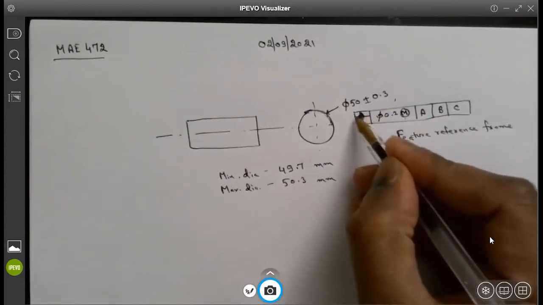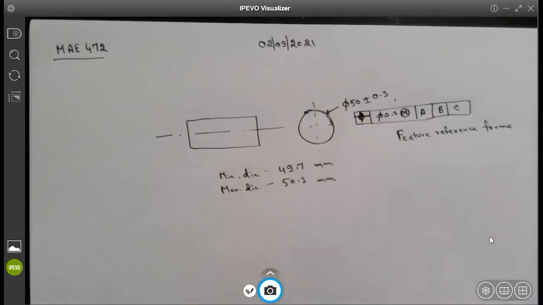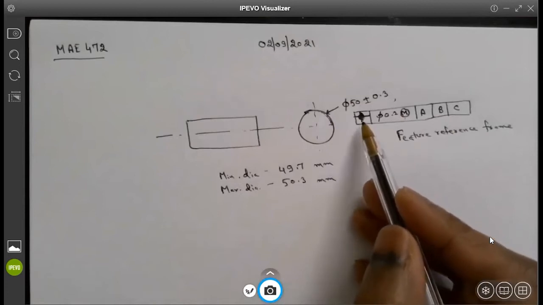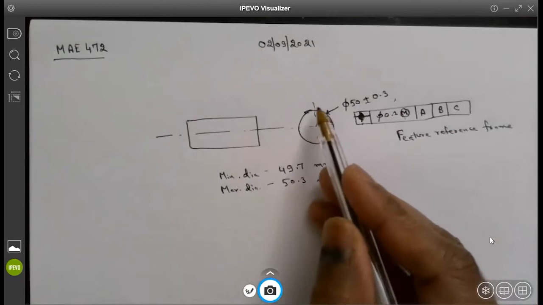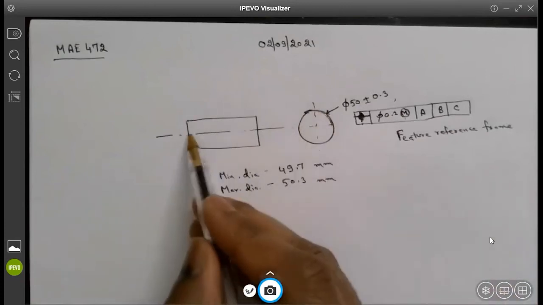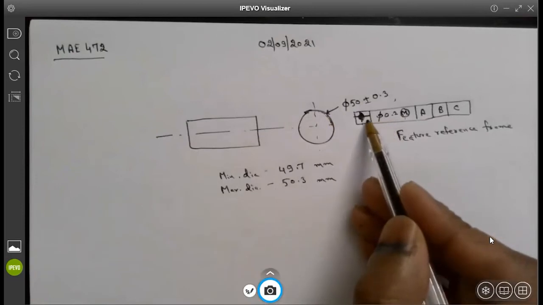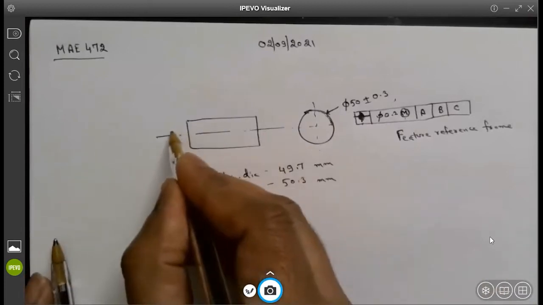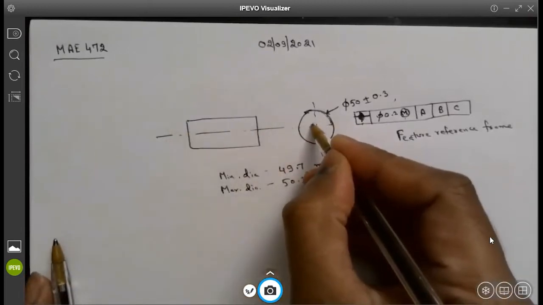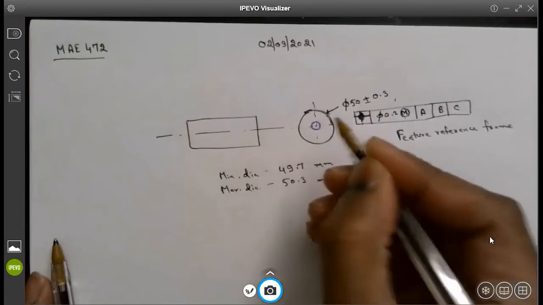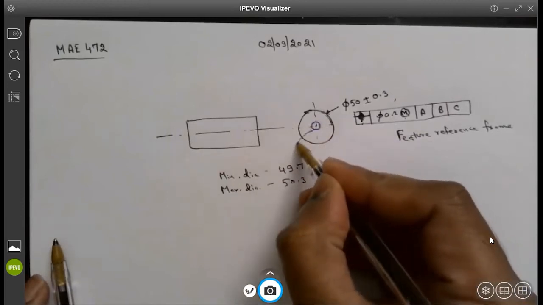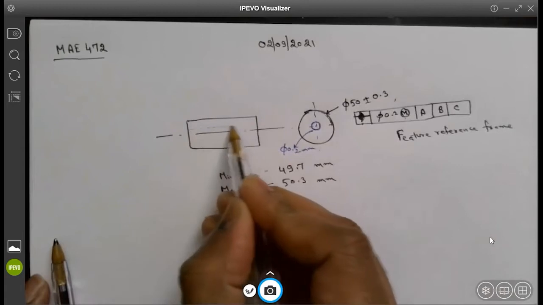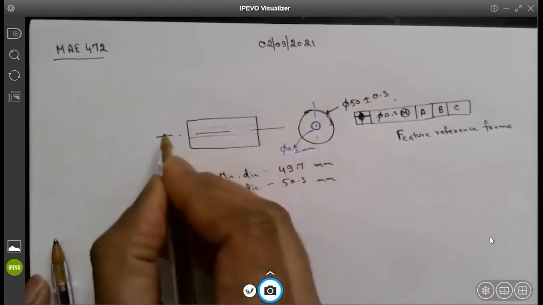So this is a circle with one vertical and one horizontal dash. What is it saying? It is saying that there is a position tolerance associated with the axis of this circle or cylinder. So the axis is this, and the position tolerance of the axis has a diameter of 0.2. What it basically says is that my axis can lie in a circular zone of diameter 0.2 millimeters. So this has a diameter of 0.2 millimeters, and within this diameter, my axis can lie like this,